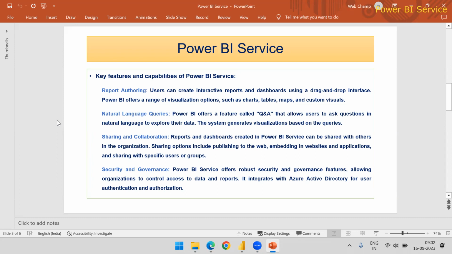Even the reports which are published on the service, their visuals can be embedded into websites and other applications, or shared with a specific user or group of users. So these kinds of features are there. Obviously, when sharing comes into the picture, security matters. So security and governance is also offered by the Power BI service, which allows you to control the access to